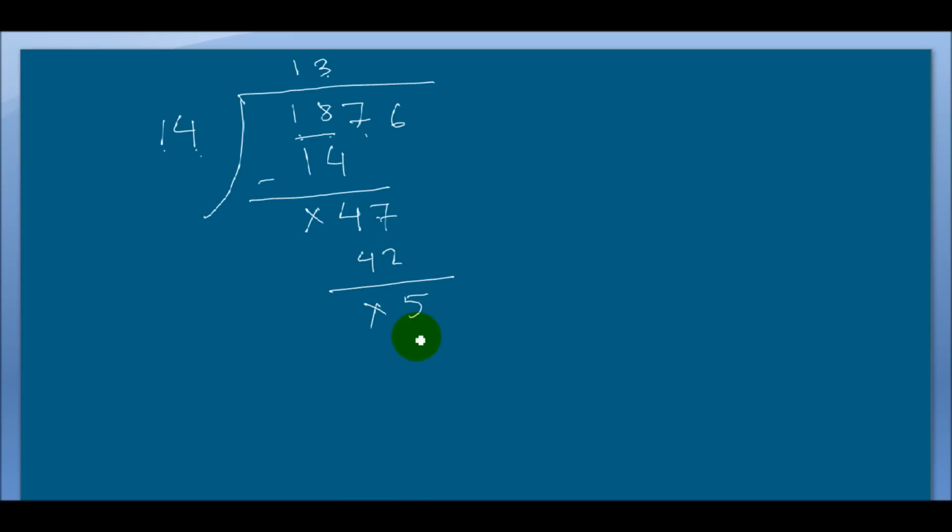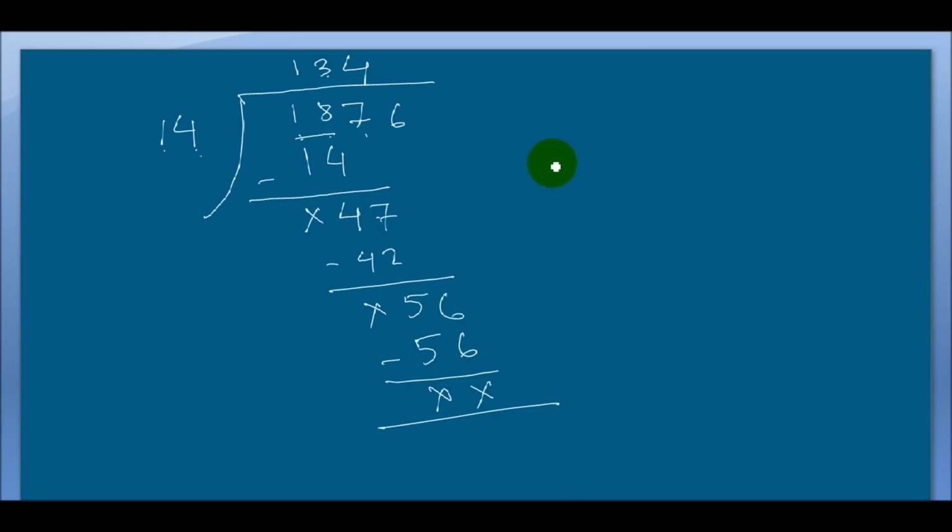Now again this 5 is less than the divisor 14. Now we take down 6 here. So 14 1 ja 14, 14 2 ja 28, 14 3 ja 42, 14 4 ja 56. Exactly we got the same number. So I will again subtract here and I am getting nothing. So the division is complete.